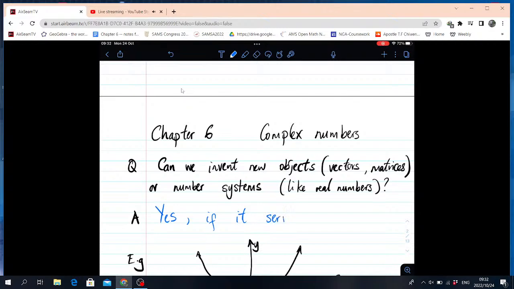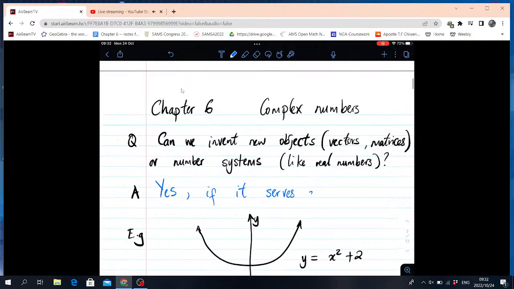So mathematicians are not just there trying to create new things that don't have some motivation of solving some sort of problem, right? So if it serves a purpose, yes, we are going to invent new things to be able to explain something or get insight on some objects, maybe even old objects that we have. For example, if we think about